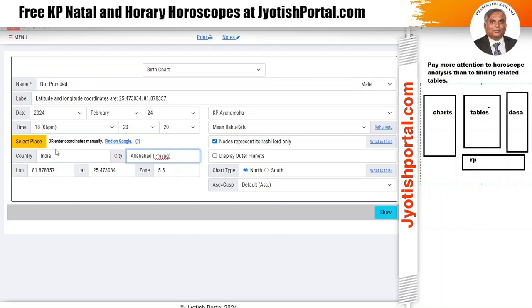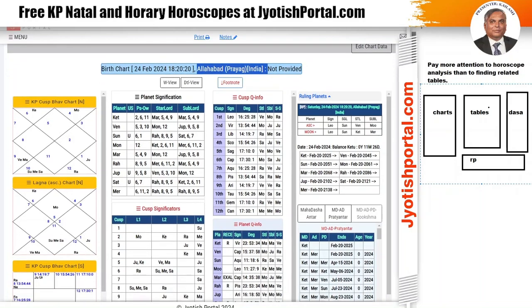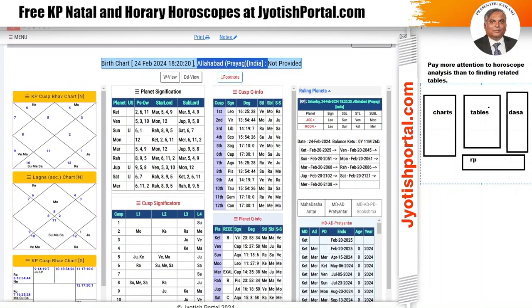So this whole particular thing, the country, city, longitude, latitude, all these coordinates are customizable. You have to enter these values in decimal, and then you can change all this information. Now when you hit on show, then it will take Allahabad. So this is one thing that has been pending for quite some time. I have been receiving constantly emails and reminders about it. So now you have the